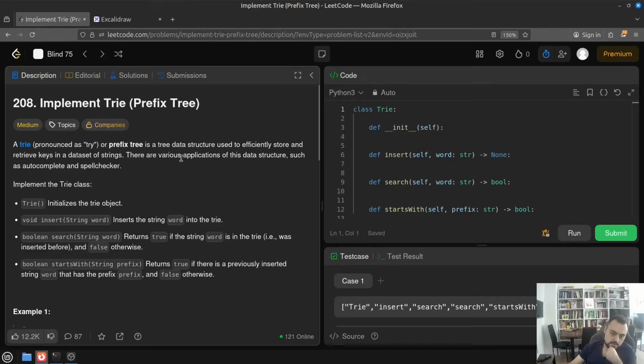And there are various applications of this data structure, such as autocomplete and spell checker. So tries are used in many different settings, but one of the most common ones is the autocomplete feature, which is a very common thing, and spell checker, which is also a very common thing. And we have to implement the trie class. As we can see here, it's already prepared for us, where we will have a constructor. So whenever we create an object, we initialize it, and those three methods: